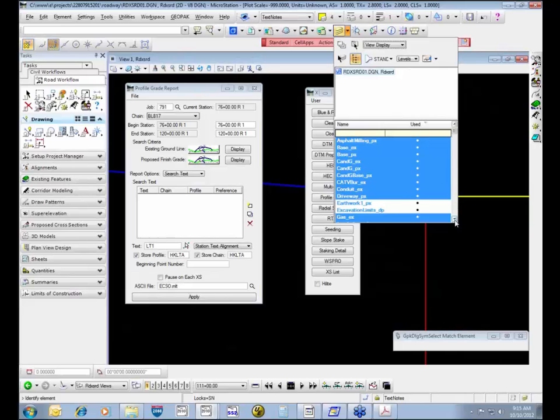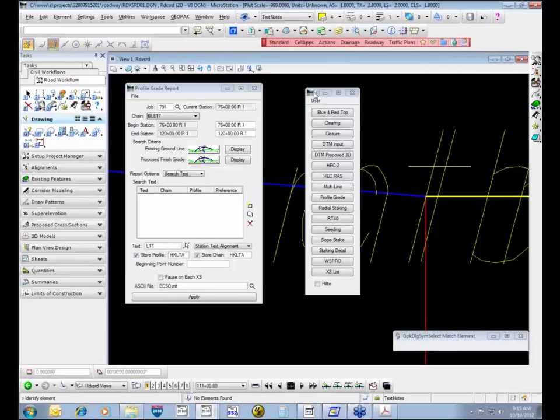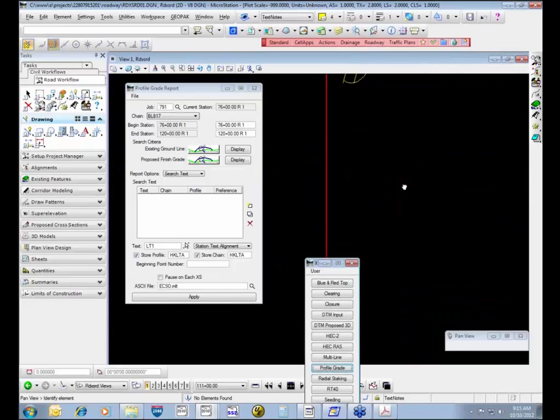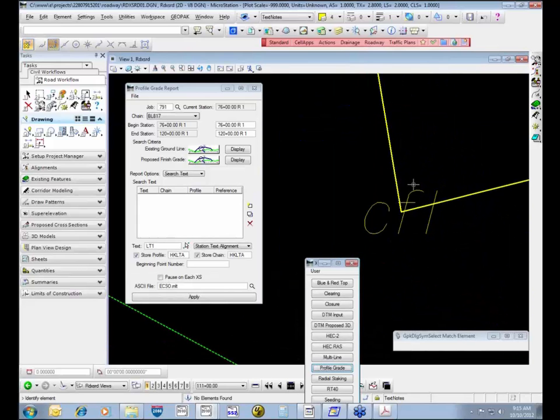Let me find the piece of text. Point labels. Okay, for every... that one was a bad one. We got all kinds of them. Here's a good one. For every